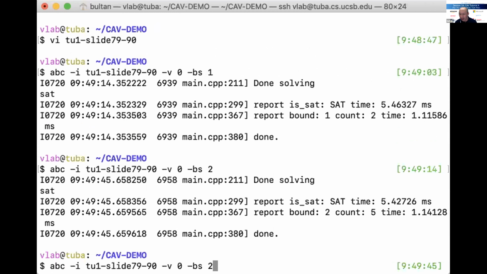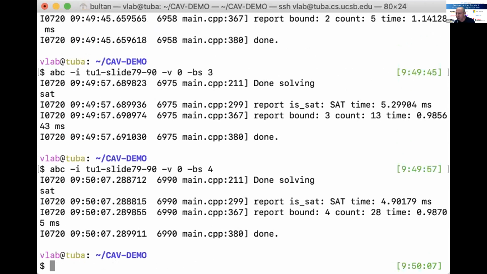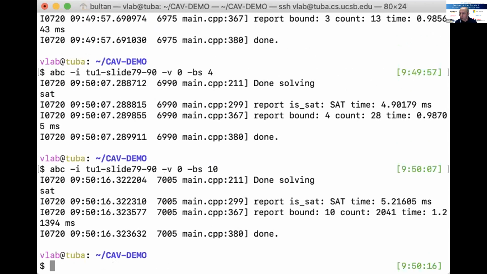Now, if I do bound 3, I think it was, I don't remember now, maybe 8 next. So it should be 13 now, and it is 13 here. And I think maybe it was 15 next. Actually, I don't remember. So for length 4, it says 28. So apparently it was 15, so 13 plus 15 gives 28. So now you can say, well, what about size 10? And apparently there are 2041 solutions to that constraint.